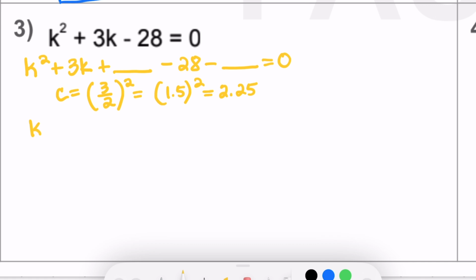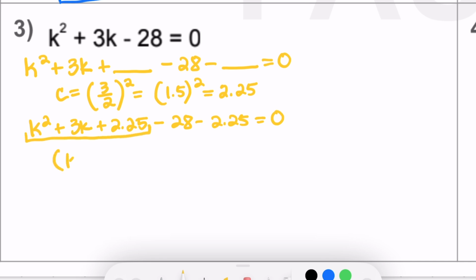So now we have k squared plus 3k plus 2.25 minus 28 minus 2.25 is equal to 0. Take your first 3 terms. It's going to be k plus 1.5 squared, combine these two,